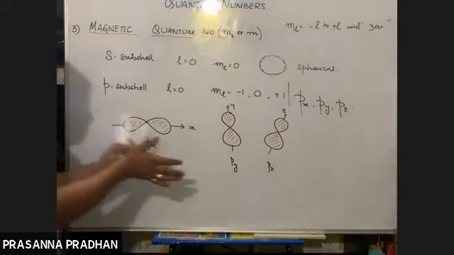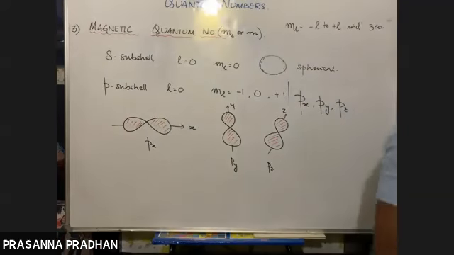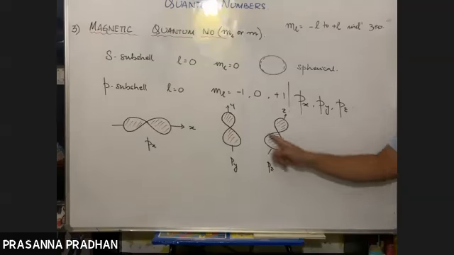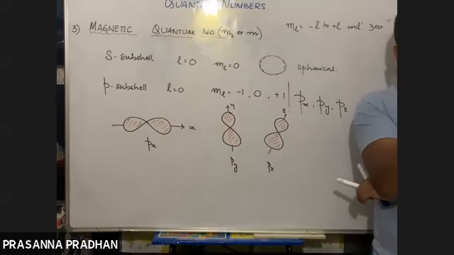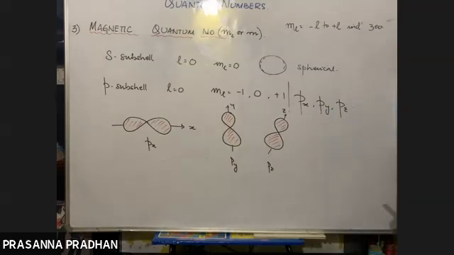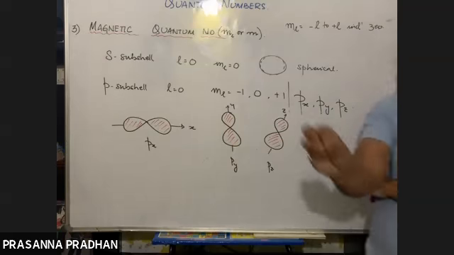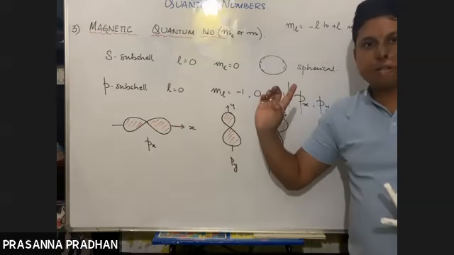So what are these orbitals then? Orbital, what actually? These are the region in space where the probability of finding electron is maximum. We have been saying this. So for the Px orbital, where is the maximum probability of finding an electron? In a Px orbital, the maximum probability of finding an electron lies along the x-axis.